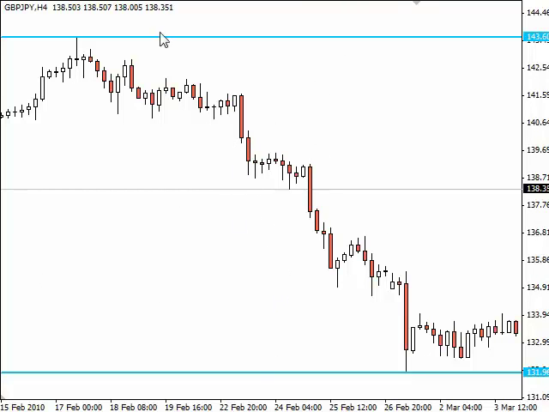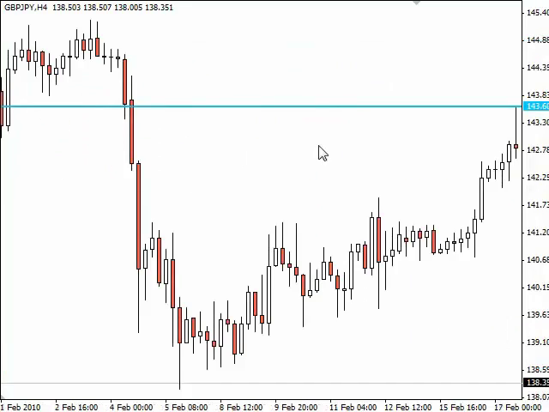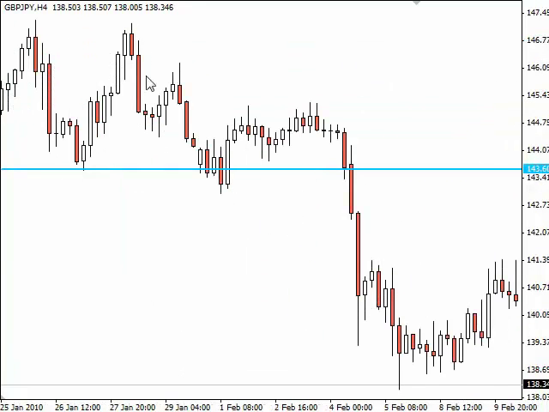Let's scroll back and confirm these lines. And let's start with this 143.60 level. So let's scroll back. Okay, here it broke almost straight through it. So that's not a very good sign of support resistance. However, here, if you look here,